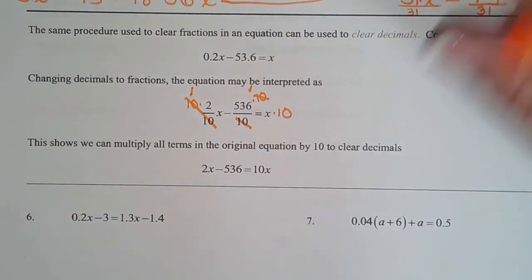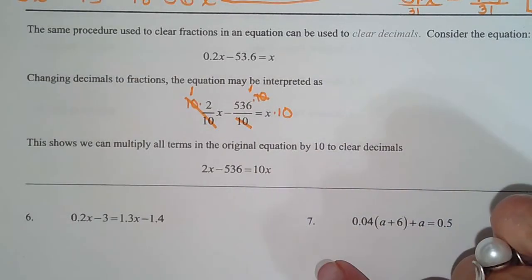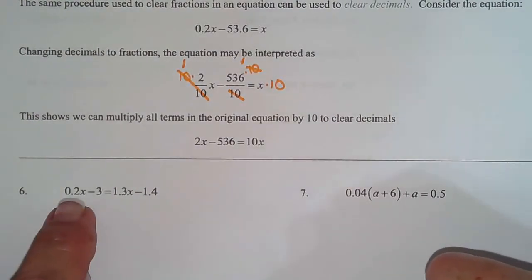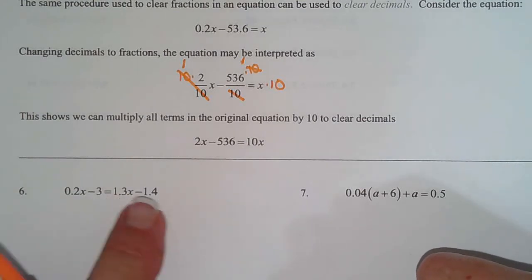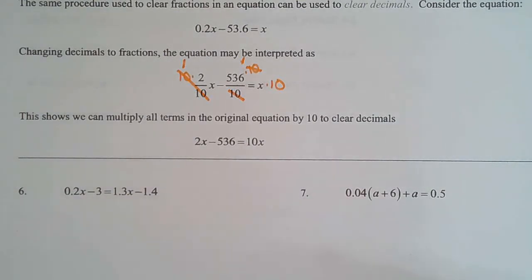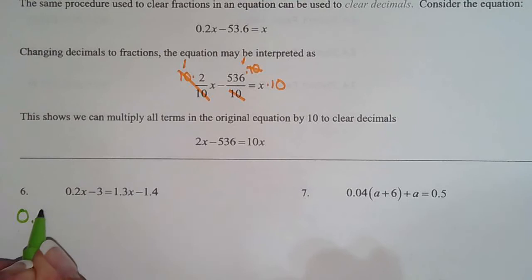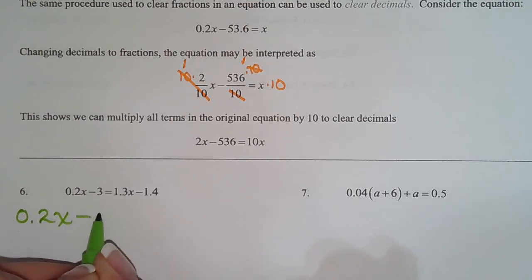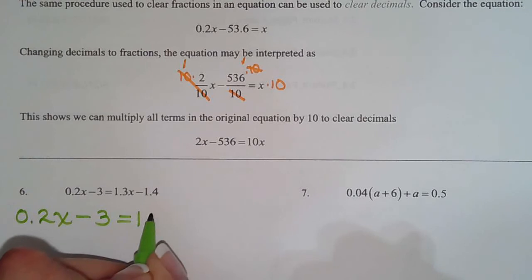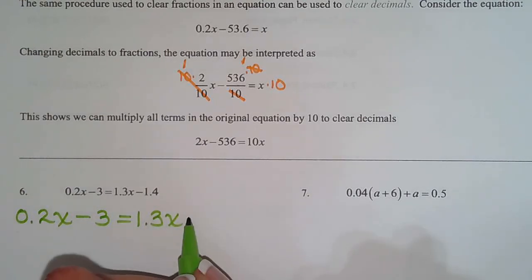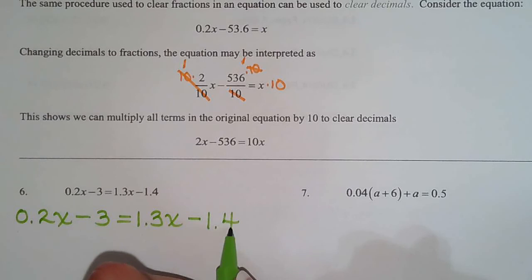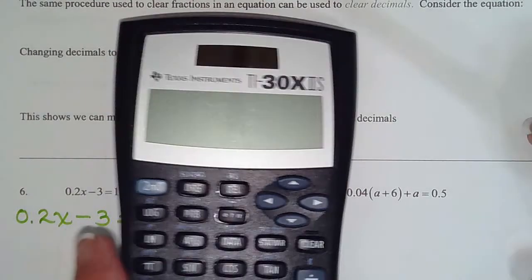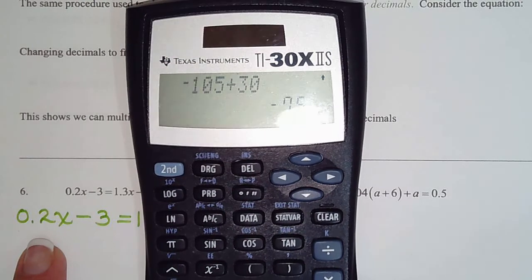If you don't want to do the step where you write the tens in, just remember that it would be 10. So 1 decimal place, 10; 1 decimal place, 10; 1 decimal place, 10. So every one of these terms needs to be multiplied by 10. Let's write it big again. And then I'm going to show you a little trick of the trade, which you might remember from previous classes. When you multiply a number by 10, it moves the decimal place. It doesn't add a 0. Students always think, oh, add a 0. No, it moves the decimal place 1 to the right. So watch. If I multiply 0.2